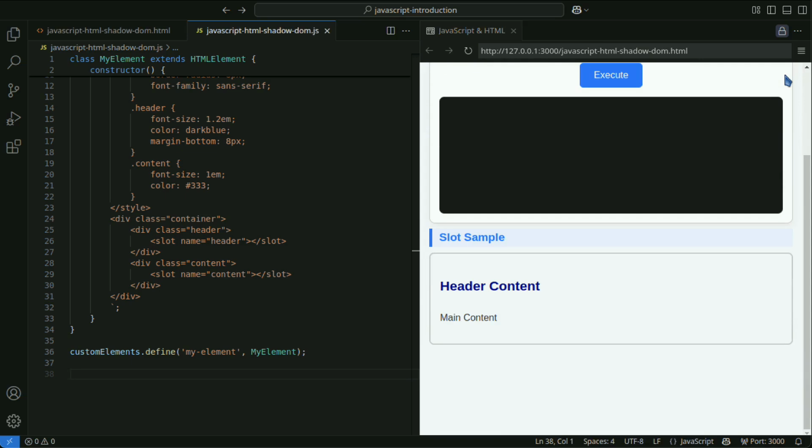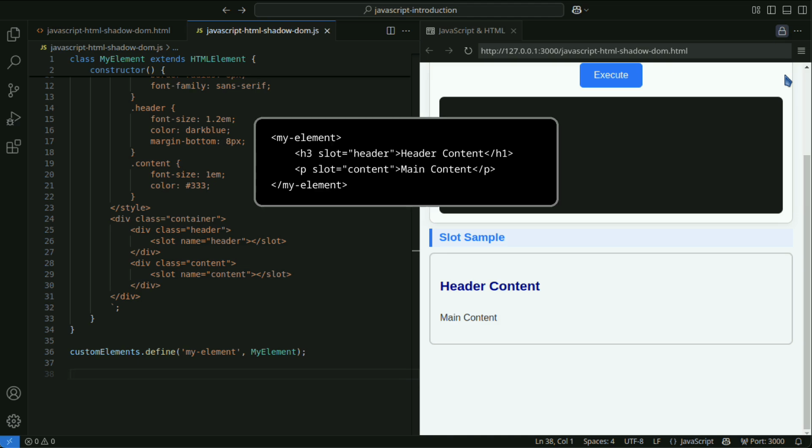The main document contains HTML like this. The slot element inside the shadow DOM displays light DOM content that has the corresponding slot attribute.